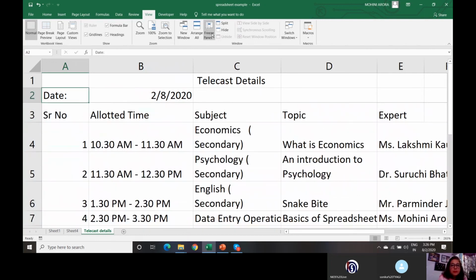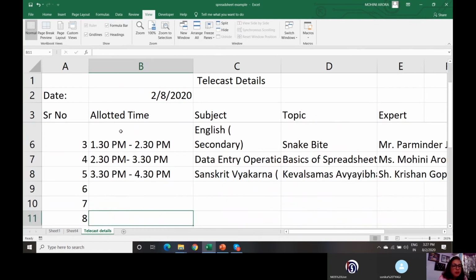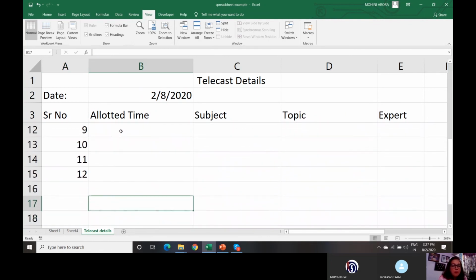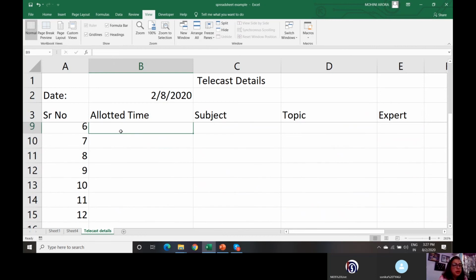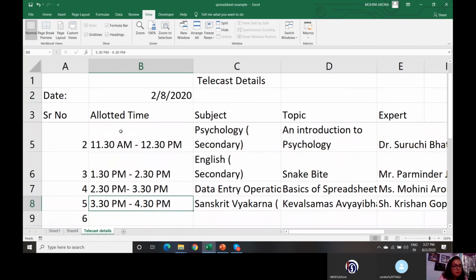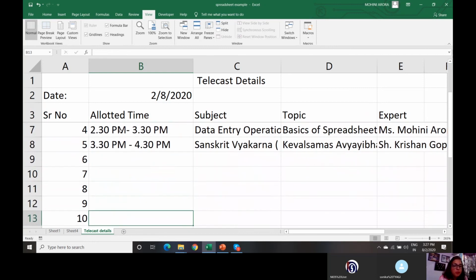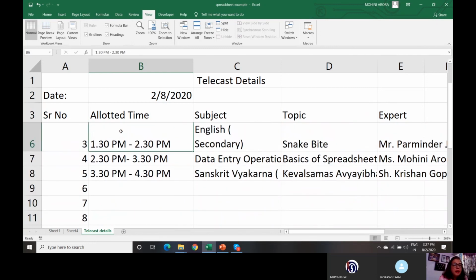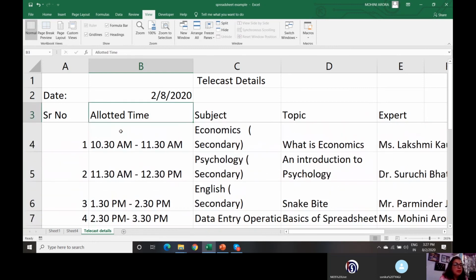I want to remove this. I click again and say unfreeze. I want to freeze from this place, so I say freeze panes. Now see, even though I am scrolling down, the upper portion is frozen. The first 3 rows are frozen. So even though I may scroll down to hundreds of rows, I know which column heading is there for a particular piece of data, for a particular cell.